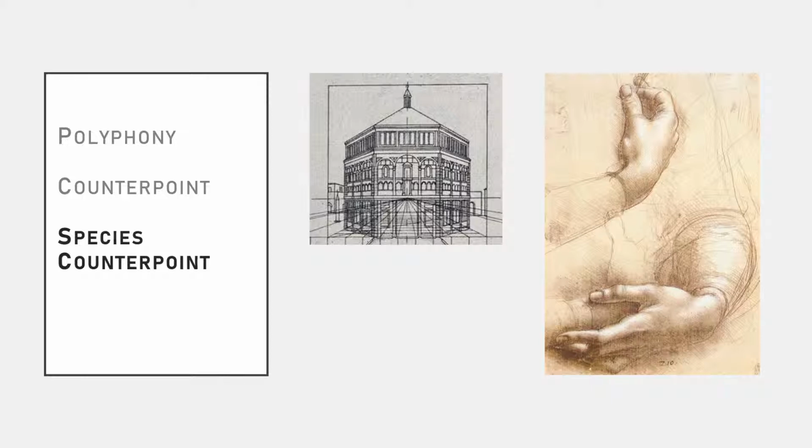Species, by the way, just means type, so in species counterpoint, we practice the abstract types of relationships two melodies could have with one another. Many people will say that in species counterpoint, the goal is to imitate the style of Palestrina, or the style of Renaissance vocal polyphony. If that were true, our exercises would be improved by including things like cadences and ornaments